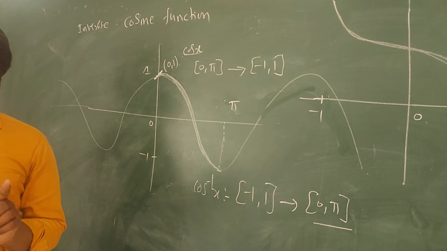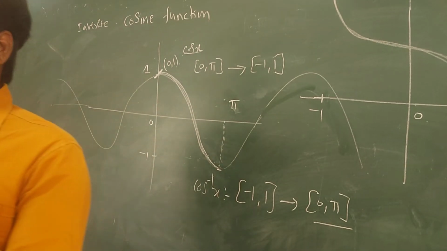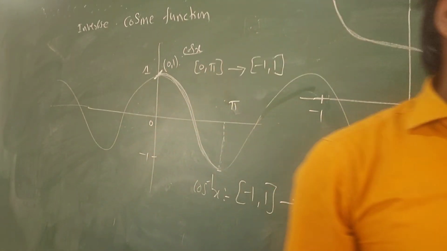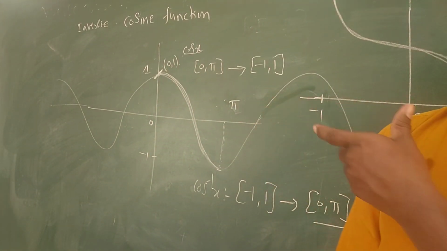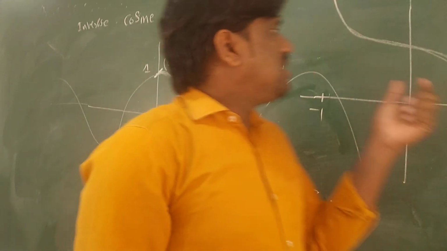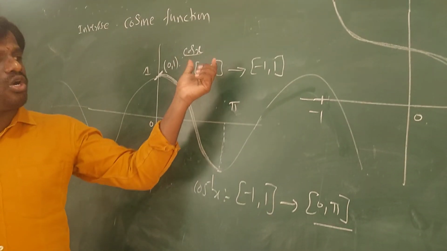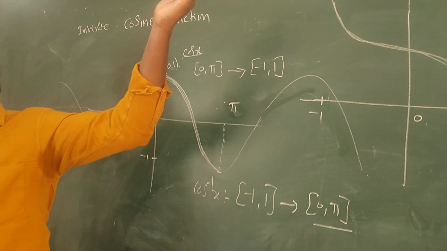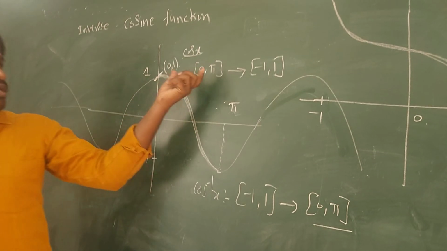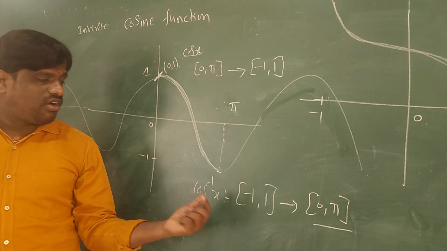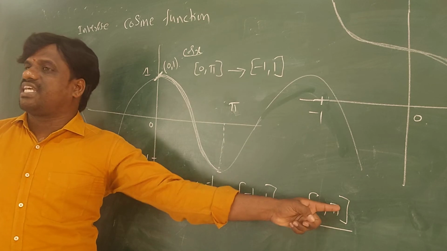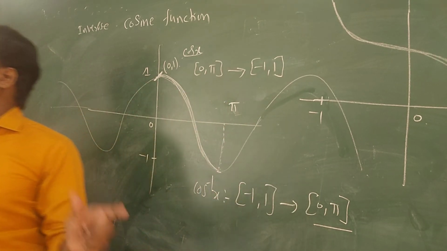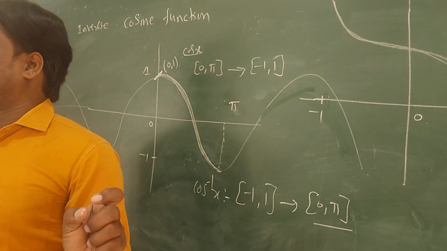In sine, what is the principal value? Minus pi by 2 to plus pi by 2. In sine it is minus pi by 2 to plus pi by 2. In cos it is 0 to pi. You should remember this only. These are the principal values. Cos will be restricted to 0 to pi, then it will become cos inverse x. So the main thing is the principal branch of cos inverse x is 0 to pi. The range of inverse trigonometric functions is called the principal values of inverse trigonometric functions.